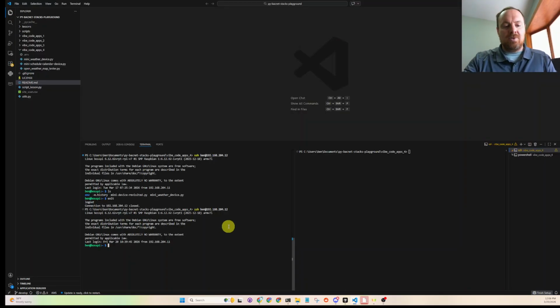So then I'm also using tmux. I have this program called tmux that I'm running on the Raspberry Pi that keeps the Python script running after I close out of the